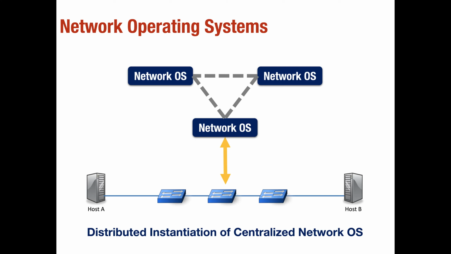So when you have a physical centralization and logical centralization, which means that there is only one server that is acting as a network operating system, and all these distributed forwarding elements are only talking to one server, then that is a centralized realization of a centralized abstraction. But it is possible that you can have a distributed set of servers which are all running different instances of the network operating system. To the control program, it is still providing a centralized abstraction, but the realization can be as a distributed system.